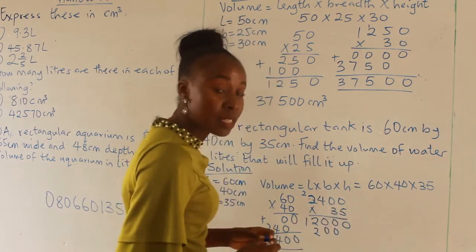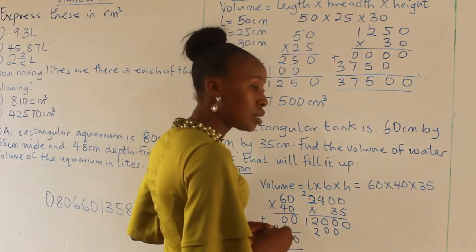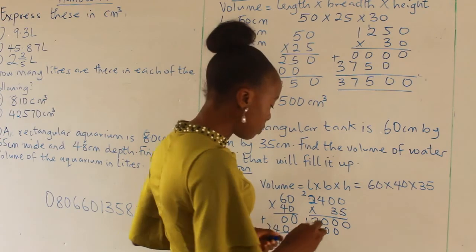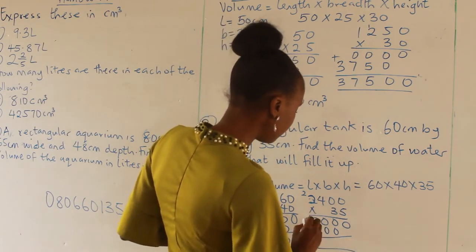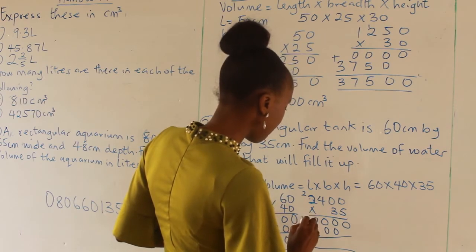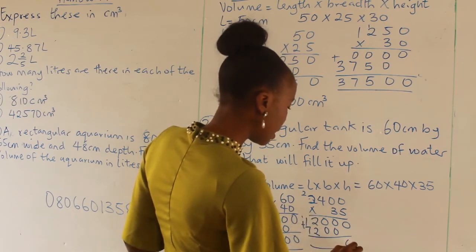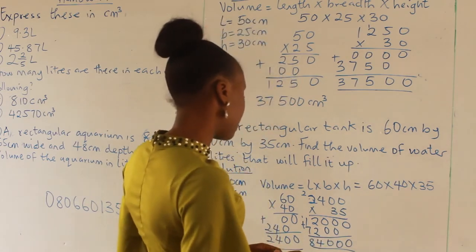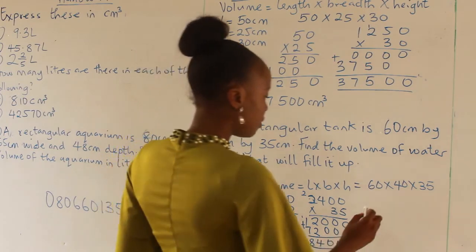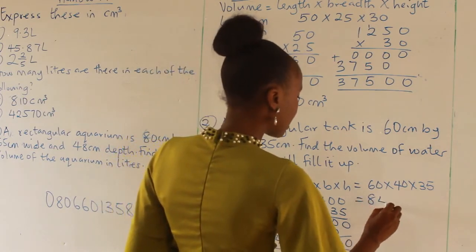And 3 times 2 is 6, plus 1, 7. So we have 0, 0, 0, 4, 8. Alright, our answer is 84,000